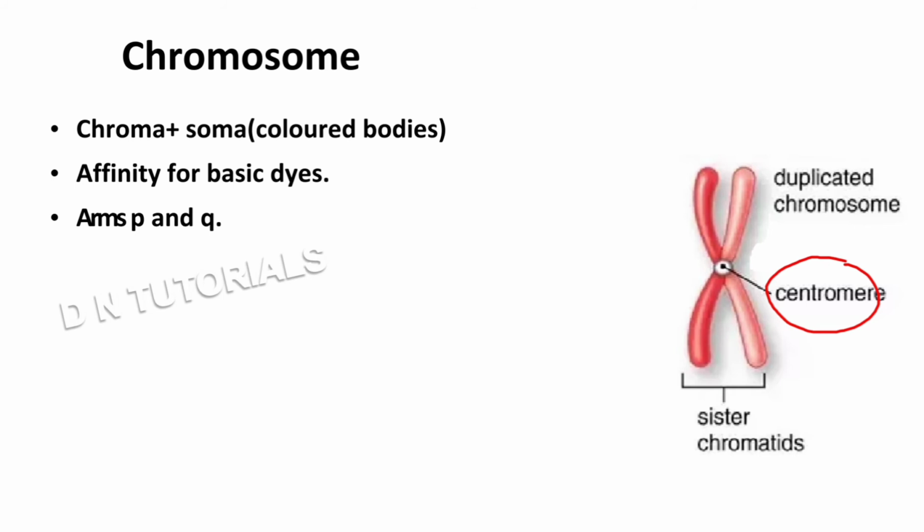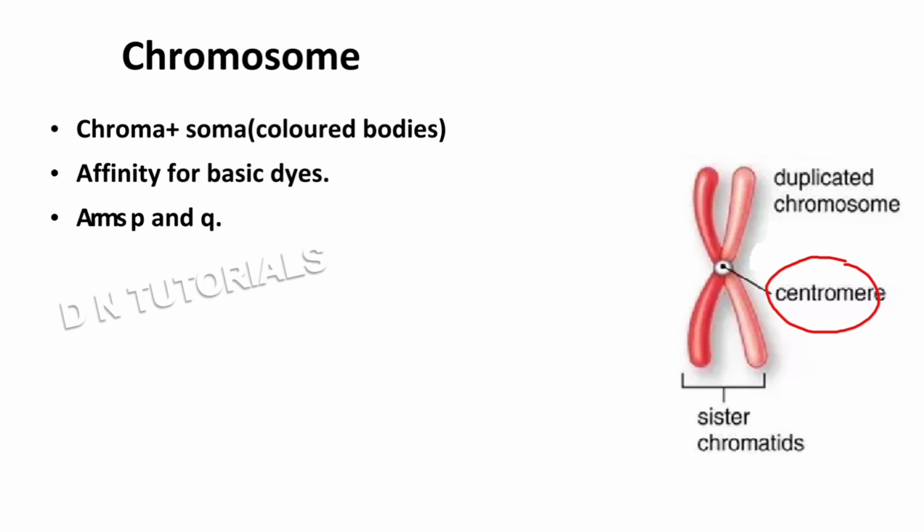Let us understand the origin of P and Q of the chromosome. The symbol P was chosen to designate the short arm because P stands for petit, P-E-T-I-T, which means small in French. The letter Q was selected to signify the long arm merely because Q is the next letter in the alphabet. So the short arm will be called P and the longer one will be called Q. And who separates this P and Q arm? It is the centromere.